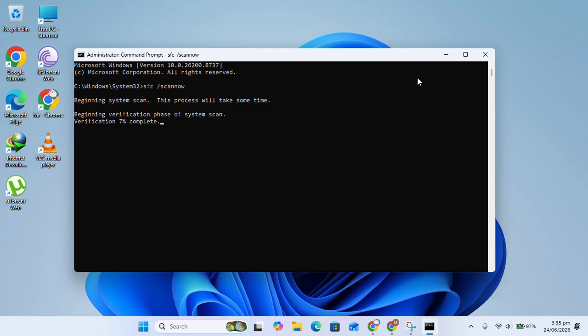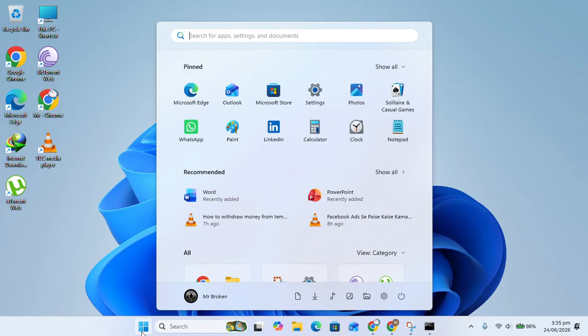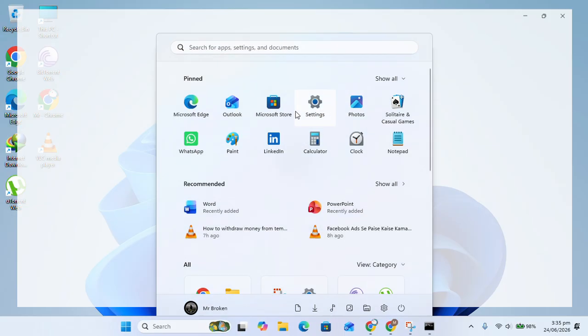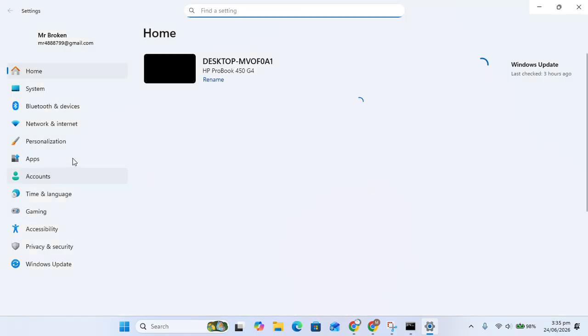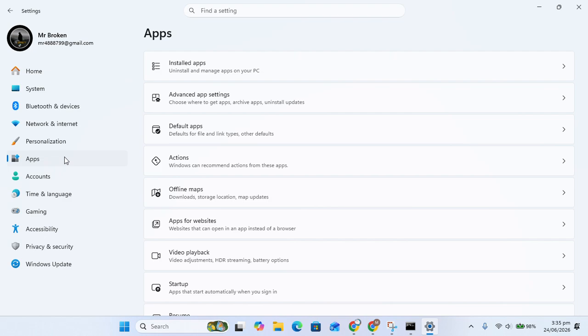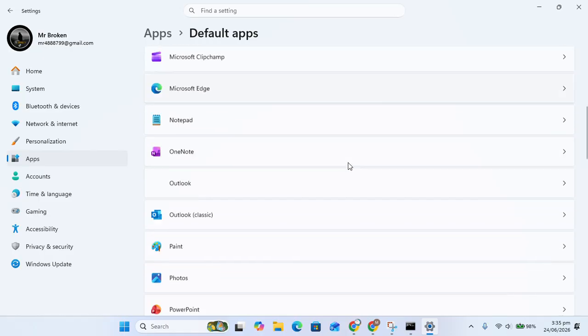Now once it's completed to 100%, you just have to go back and go to settings. Once you are in settings, just select apps from here and then look for default apps. Now just scroll down